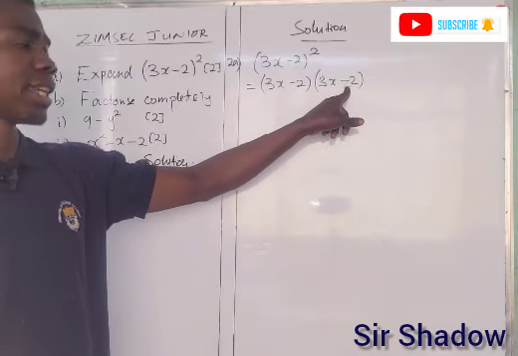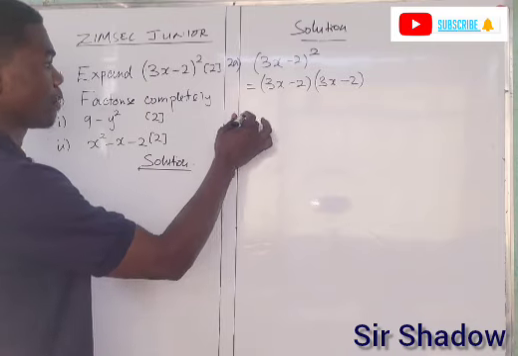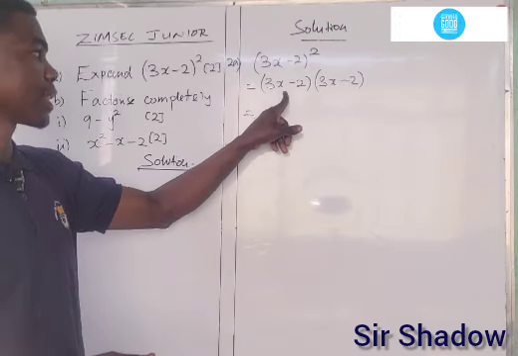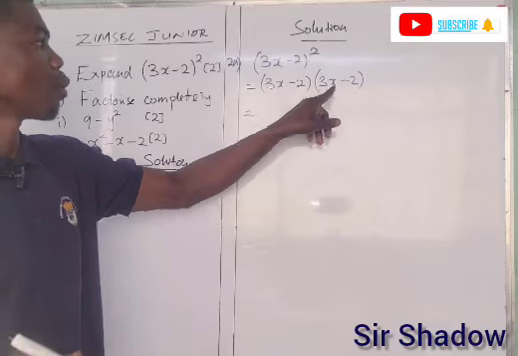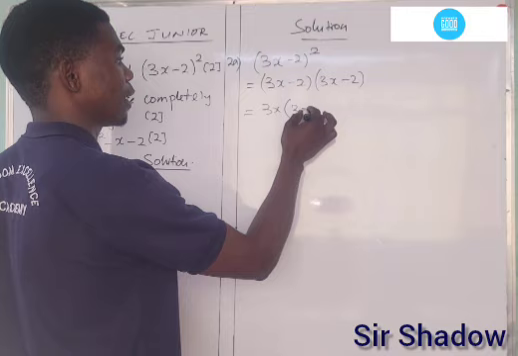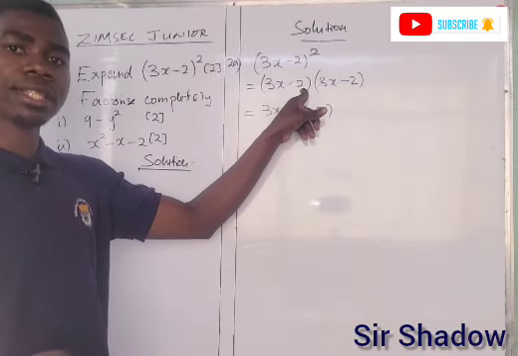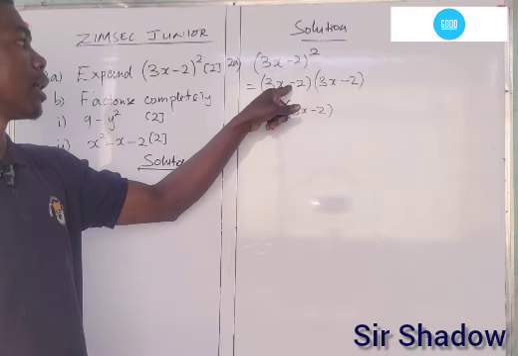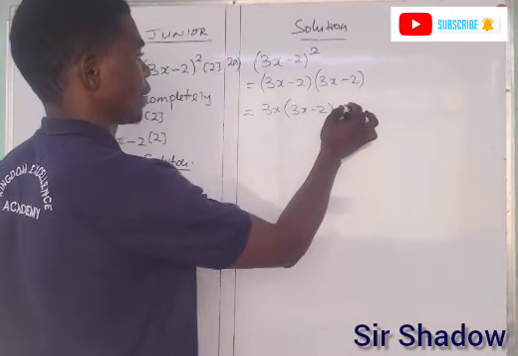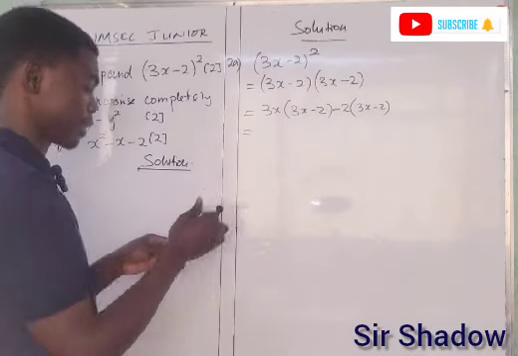(3x minus 2)(3x minus 2), right? So after all, we have to take the first expression, which is 3x. Let's take 3x. 3x is multiplying the whole second bracket. So we are saying 3x is multiplying 3x minus 2, right? Then also, let's take the second value with its sign, which is minus 2. Minus 2 is also multiplying the second bracket, 3x minus 2. This is equal to